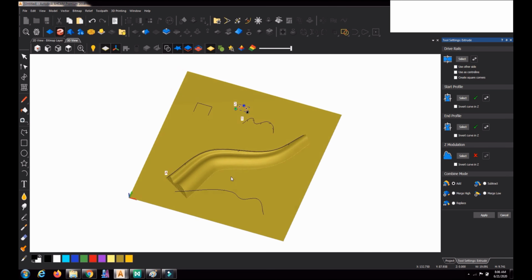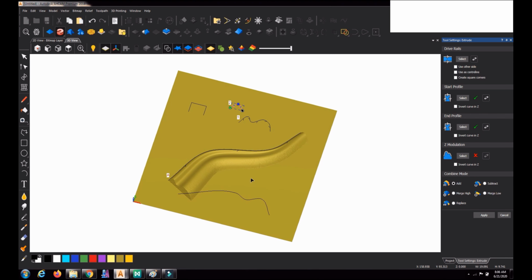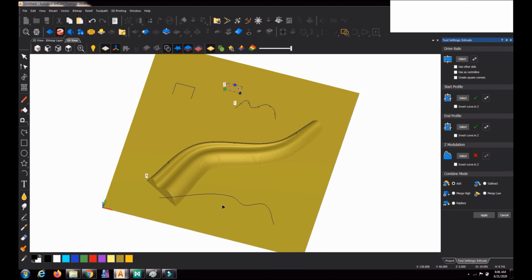One more modification, one more curve we can use for this command is the curve which controls the height of the relief. Now you can see the height of the relief is according to the cross section size, the start profile height and end profile height. The same height as the start profile will be formed here, and at the end, according to the end profile size, it will be formed here.